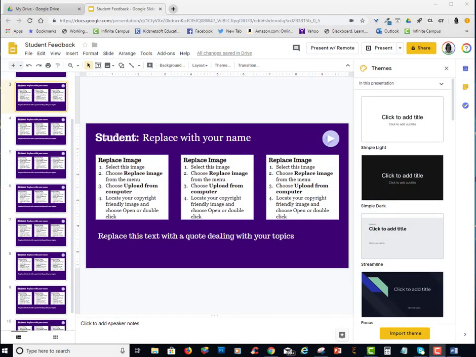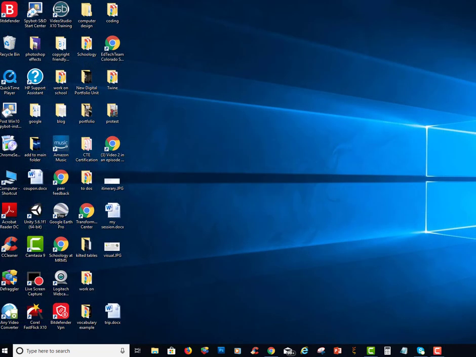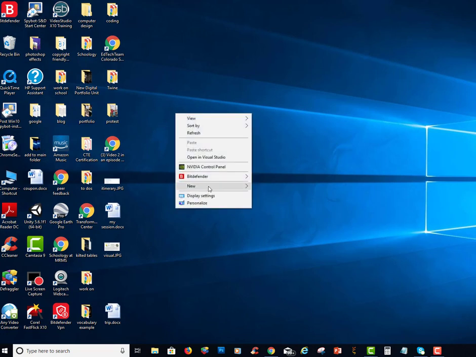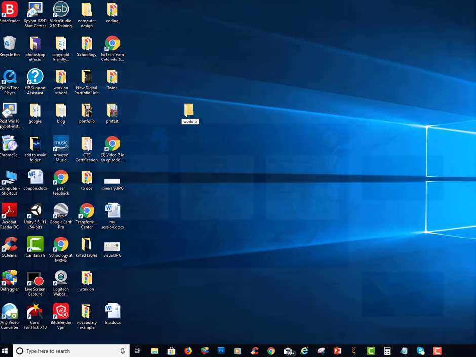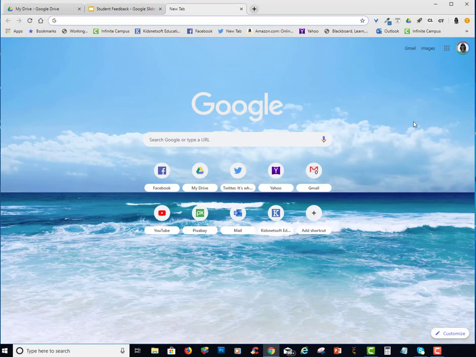of the lesson that will demonstrate how to fill out your slide representing your concerns about world problems. So here is a slide and I'm going to demonstrate how to fill this out. The first thing you'll want to do is go to your desktop and right-click and choose New Folder and type in World Problems. I'm going to go to a new window and I'm going to go ahead and go to